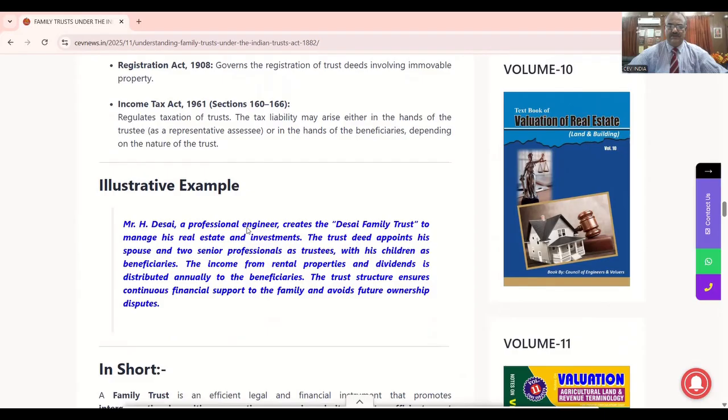ट्रस्ट डीड, द ट्रस्ट डीड मिस्टर देसाई ने जो अपॉइंट किया है उसमें एक अपने वाइफ को अपॉइंट किया, दो सीनियर प्रोफेशनल्स को अपॉइंट किया। सीनियर प्रोफेशनल जैसे मैंने आपको बताया फाइनेंशियल प्रोफेशनल हो सकते हैं, मेडिकल प्रोफेशनल हो सकते हैं, और प्रेफरेबली एडवोकेट या लीगल प्रोफेशन से रिलेटेड हो सकते हैं। एंड विद हिज चिल्ड्रन एज बेनिफिशरीज, और अपने चिल्ड्रन को, उन बच्चों को उन्होंने बेनिफिशरीज बनाया कि जो भी ट्रस्ट से इनकम होगी वो मेरे बच्चों के बेनिफिट के लिए इस्तेमाल